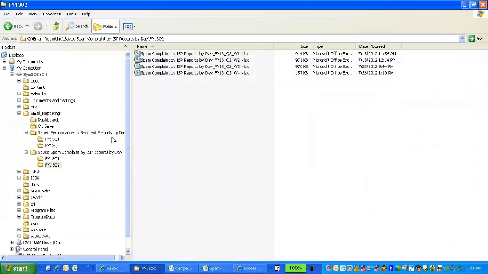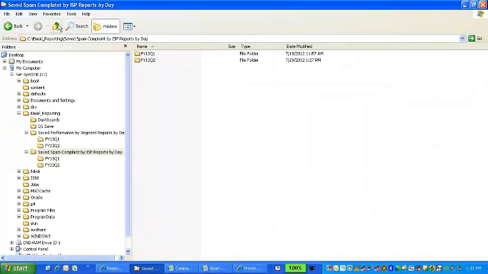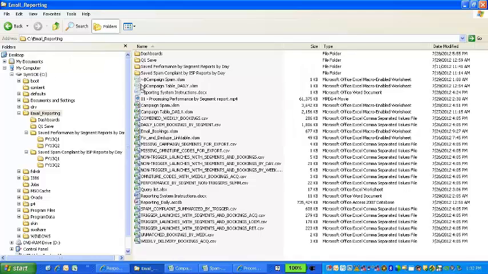Then again, we go back to the C drive, and then to the email reporting folder that we've set up. Again, it has to be in that location. So again, if you have this in a community location, you'll need to copy this when altering it to this specific location. So here's the campaign spam